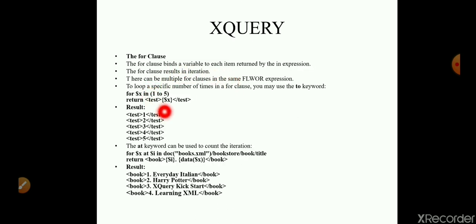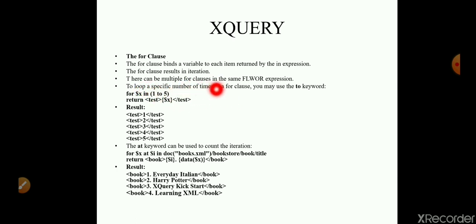By using the same for clause, this for clause binds a variable to each item returned by the in expression. The for clause will result in iteration, that is it increments the value.